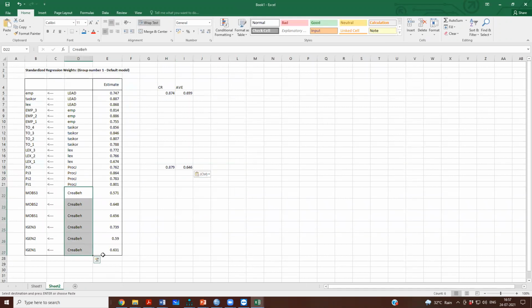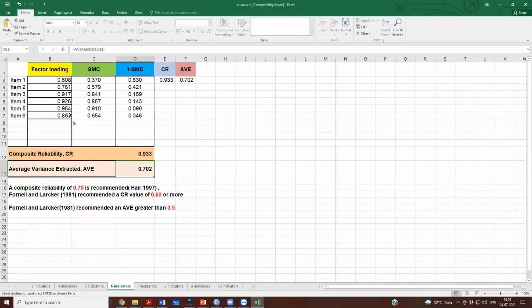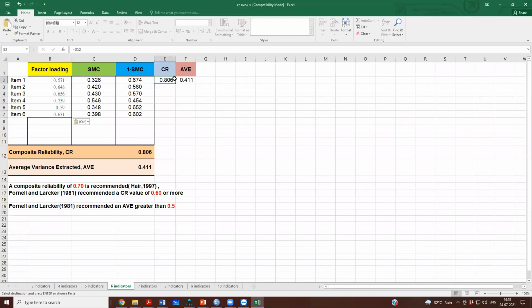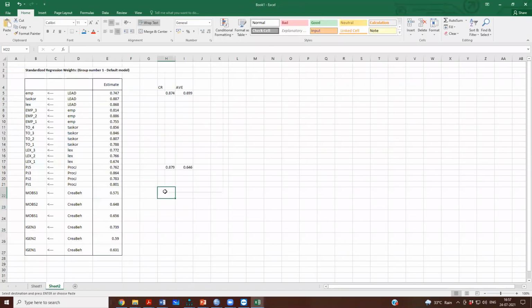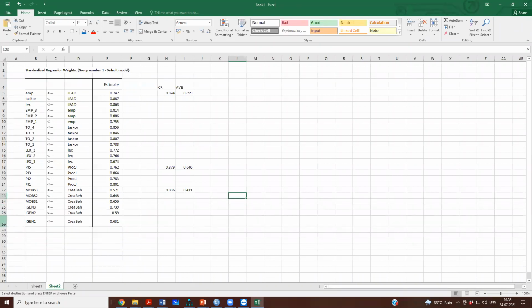And then we have the 6 items for creative behavior. So we will copy these, go to the 6 indicator sheet, and we will paste it here. So this is our CR and AVE, right? So we have now got the convergent validity, the composite reliability and the average variance extracted